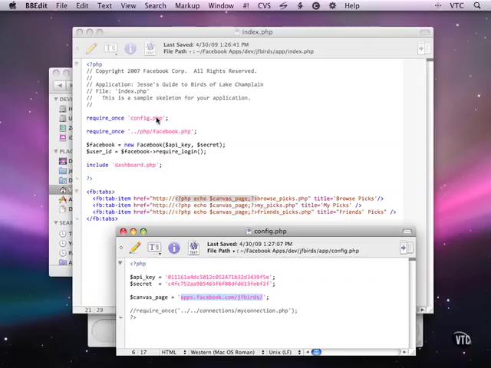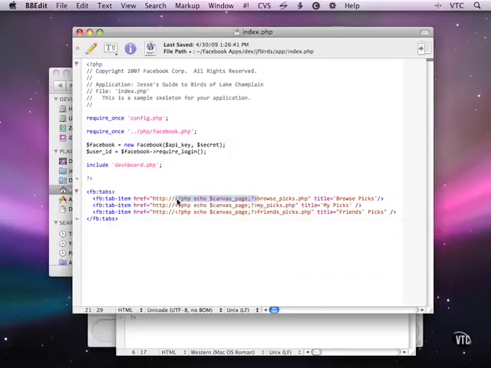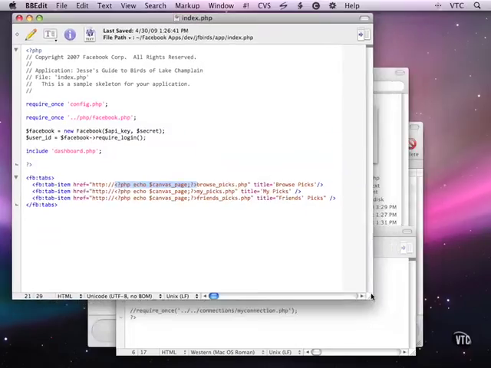Now, why did I put this here? I put it in config.php because I will need it, as you can expect, in many, many of the files in my application. It also means, as I've said before, that if you are switching this code and running it in a different environment, all you have to do is change the canvas page, and all of the rest of the code will work properly. So I've got config.php. I've enabled this line of code, and I've got this code here with PHP code within my FBML. And now all I do is run it, and I will move this up here a little bit